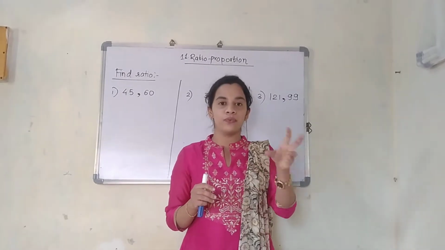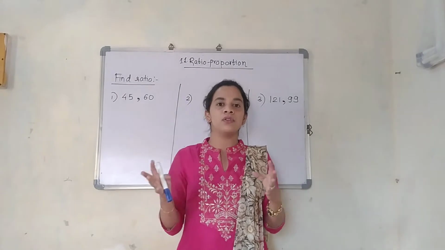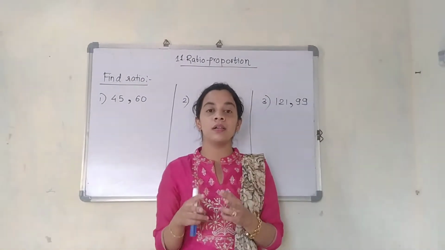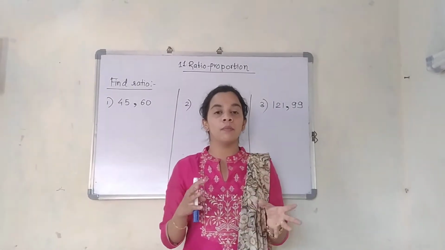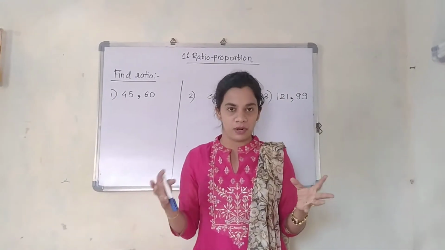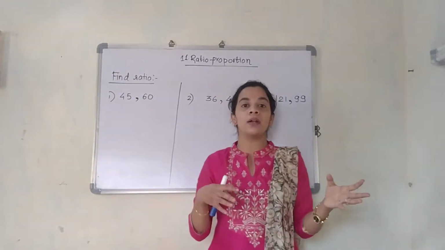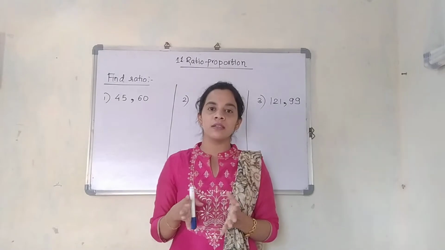Like if I have told you 5th standard boy and 10th standard boy, I cannot compare them. Their intelligence level, their body structure, it will be totally different. Comparison is done between two similar kinds of things. For example, if I am going to compare potatoes, this shopkeeper's potato and that shopkeeper's potato, I am going to compare. I cannot compare potatoes with mangoes or potatoes with tomatoes. So these are the basic examples.